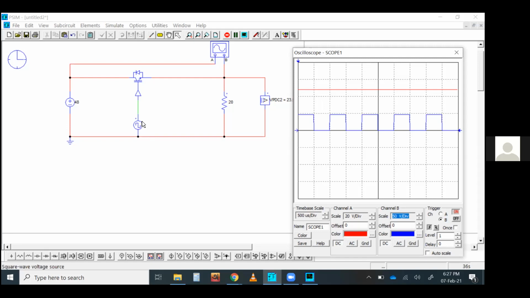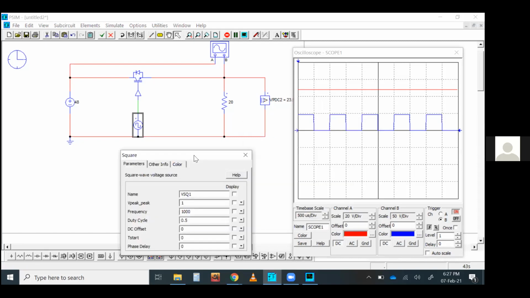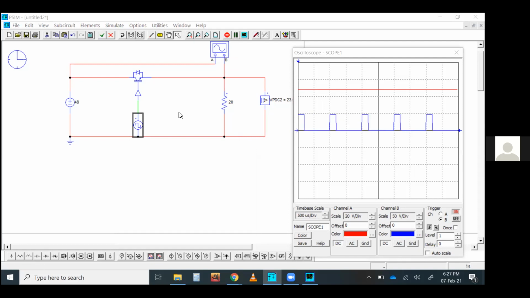Now, say for example, you want to change the voltage. What are you going to do? It is a little bit not user friendly in this configuration, because we have to stop the simulation and change the duty cycle to, say for example, 20%, and then run the simulation again. So now you are getting this. Okay, but still you are expecting some 24 volt DC, but you are getting this square wave. How are we going to make it simple DC then? Because we are not using any filter yet.